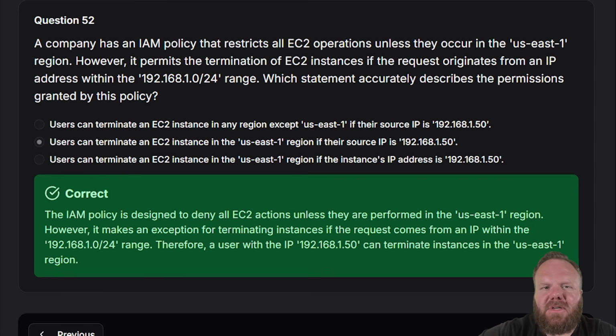So because those two conditions must both be true, a user whose computer has an IP address that's inside of that range can terminate a server, but only if that server is located in the US East